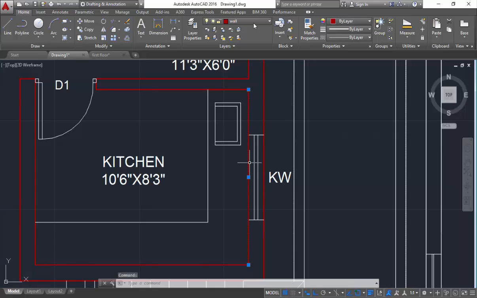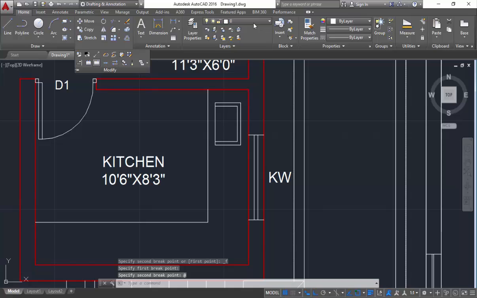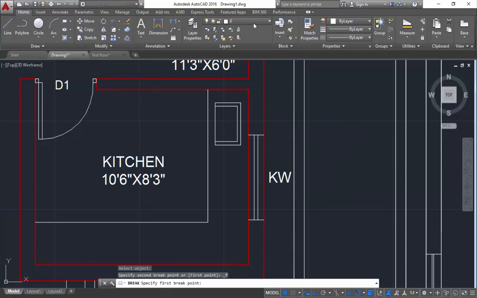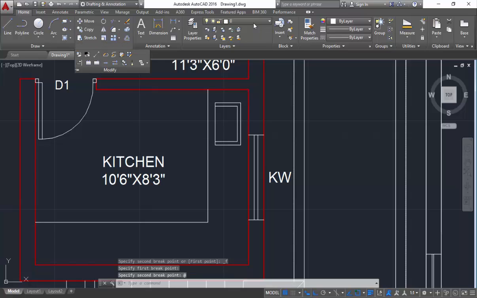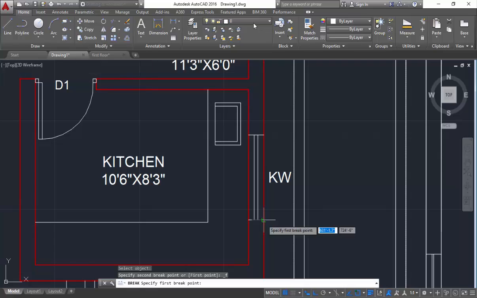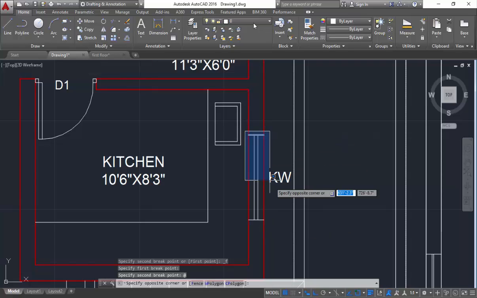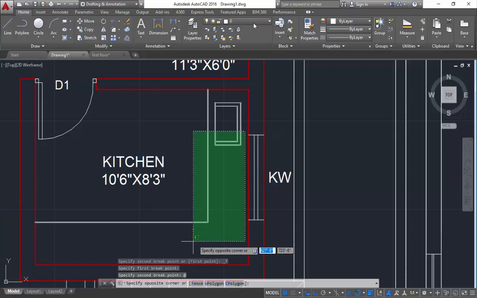You can see this is a wall, so first I have to break the line. I will use a command, that is break at a point. I'll use the break at a point command and break the line like this, so that that particular portion I can represent as a window. Like this. Now again here I'll select all the lines which are representing my window,